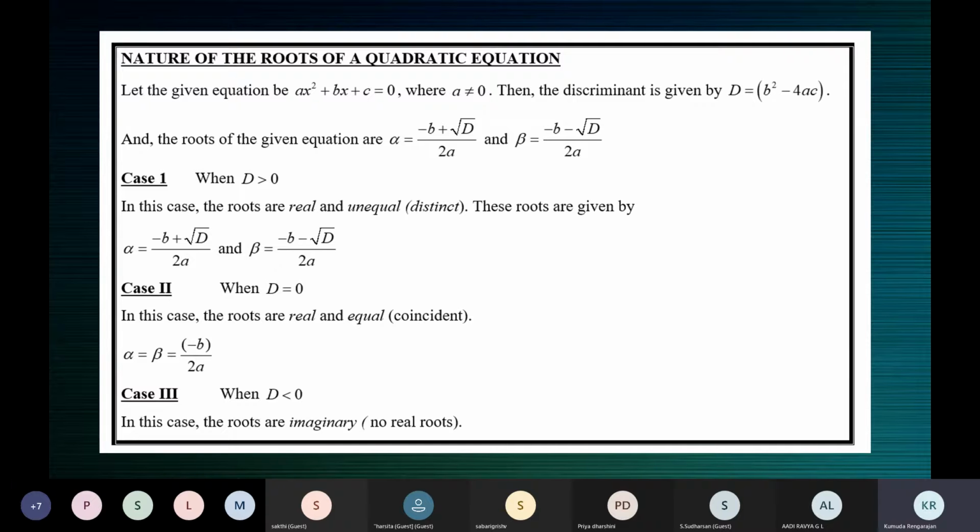Now here we understand why b square minus 4ac is called the discriminant. We have learned about discrimination in social studies, or you may be learning. Discrimination is when you are discriminating on the basis of something. We'll not go into that now. We've learned various kinds of discrimination, how people and other things are discriminated on certain bases.